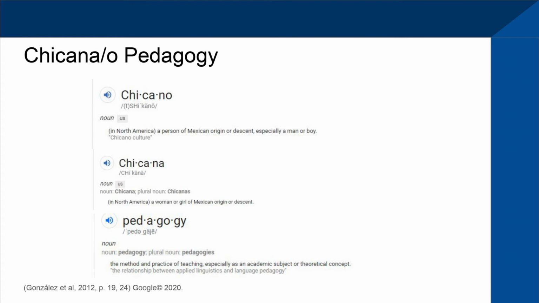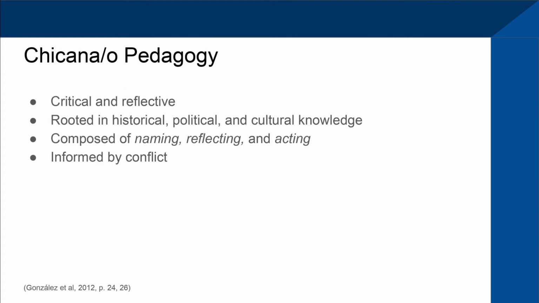Researchers González and Portillos describe the pedagogy as a critical and reflective process, drawing on historical, political, and cultural knowledge in discussions with a focus on 3 primary activities in dialogue, the first of which is naming, being identifying and describing interesting topics and forces of oppression. The second, reflecting, in talking about what learners know and don't know, as well as how Chicano history and culture is tied to those things. And the last, acting, as in acting out the lessons learned in sessions in the community through organizing and activism.